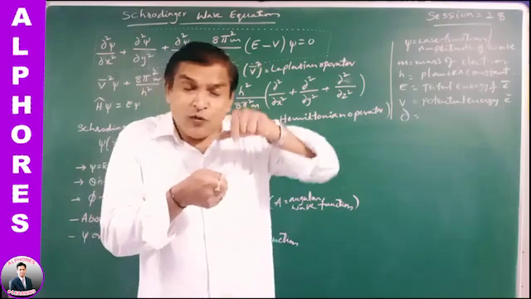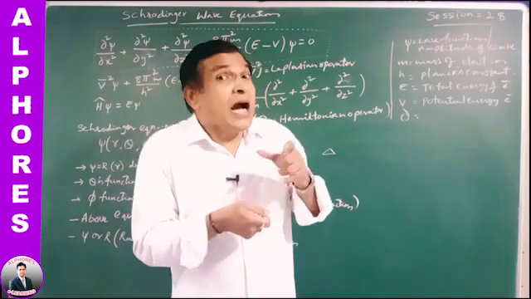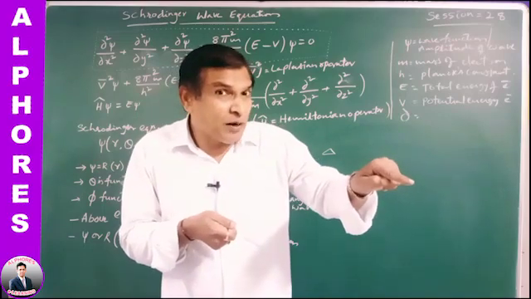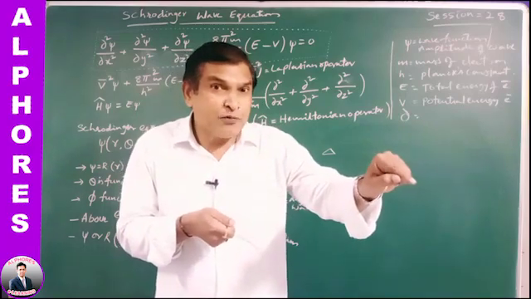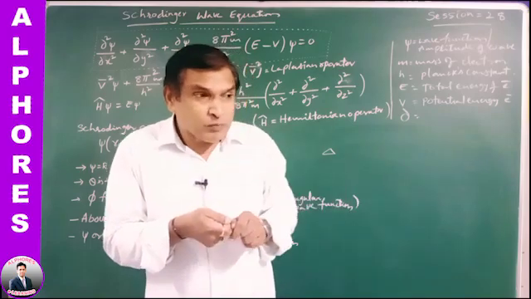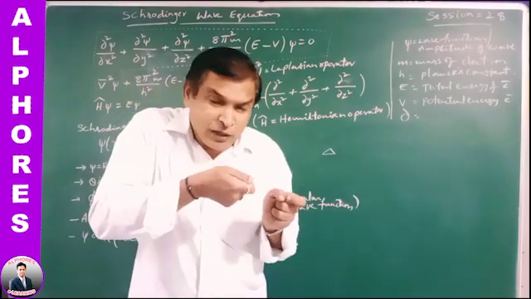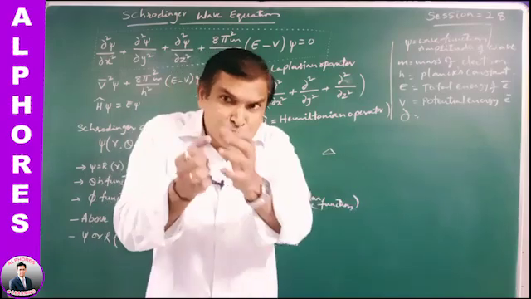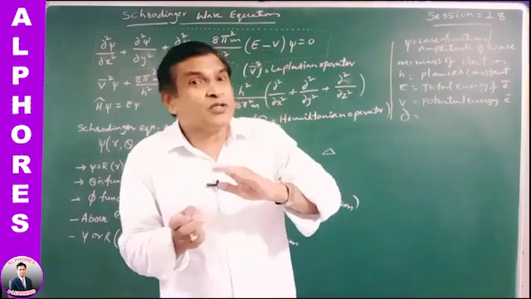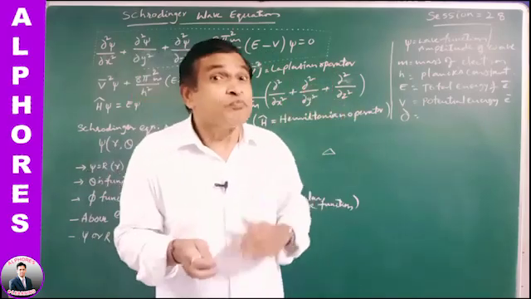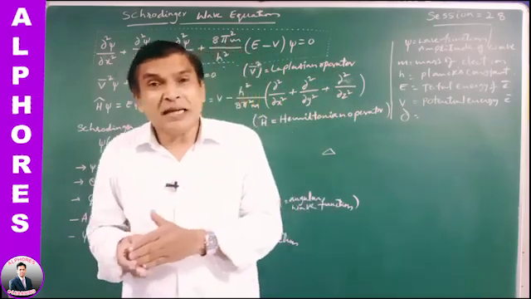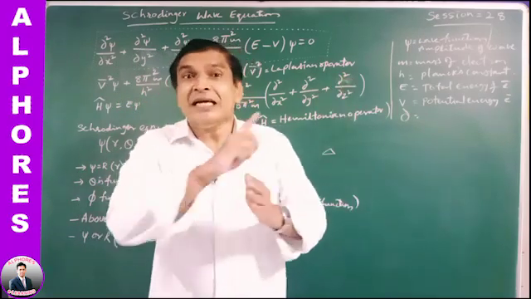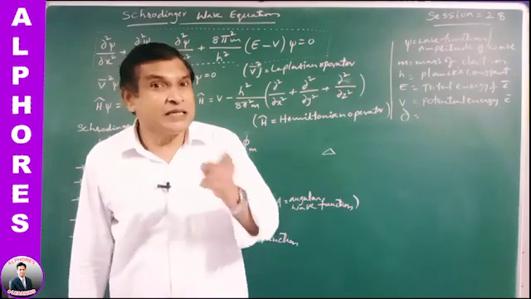So what frequency of photon light do I have to use? High frequency, that is, the frequency of the light must be greater than the diameter of the particle. Then only can that particle be identified or visible. So when I use high photon light to identify that electron, the electron absorbs photon energy from the light and changes its position instantaneously. That is why the Heisenberg uncertainty principle states that change in position and change in velocity